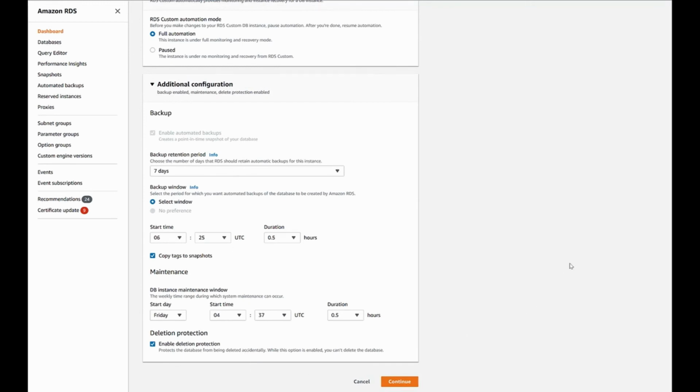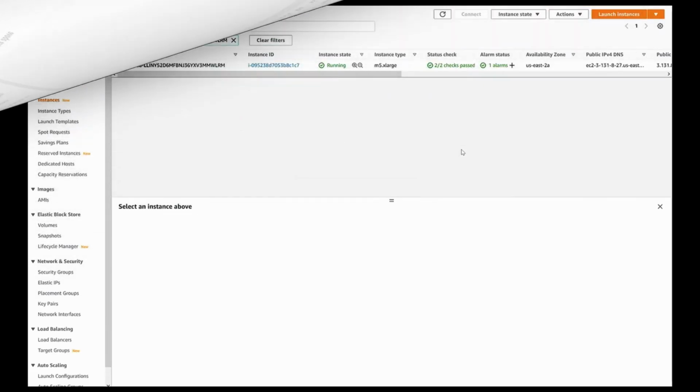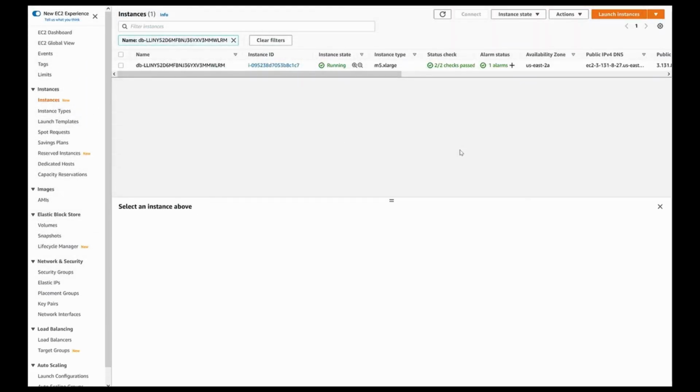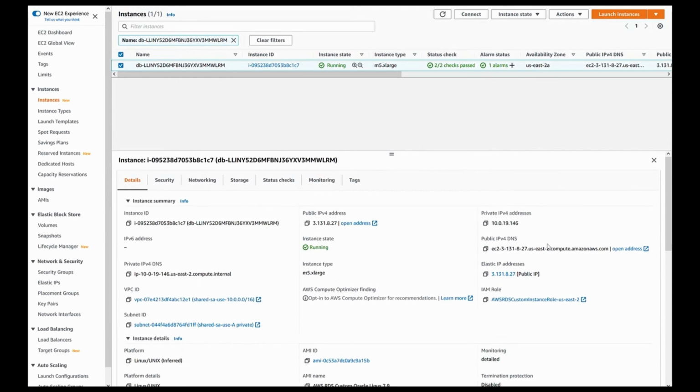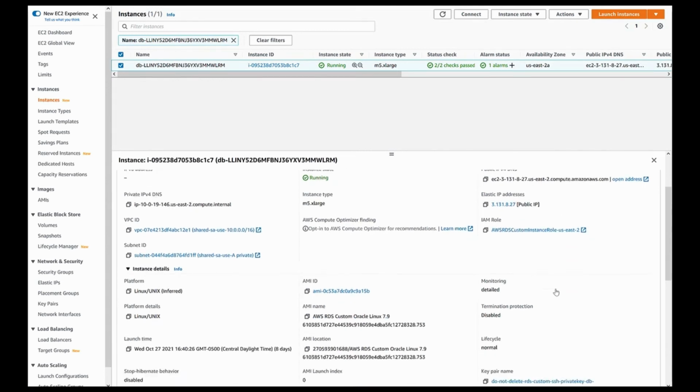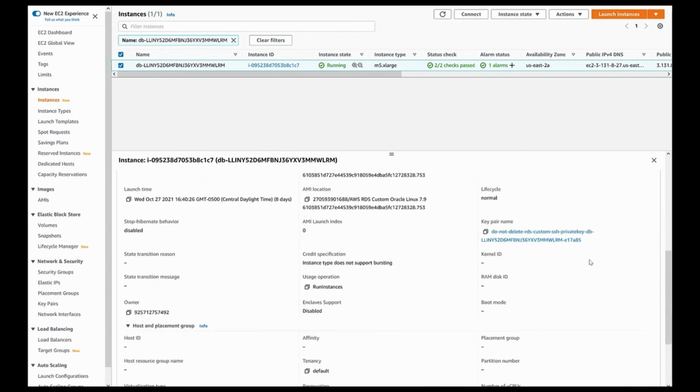So if you go into your EC2 instance page and you filter using that resource ID that you copied, you will see the underlying EC2 instance. This is in your own EC2 account. You can click on it and you'll get more information, the duration of that instance. And then you should see the key pair, where you would have to download the PEM that you can use for